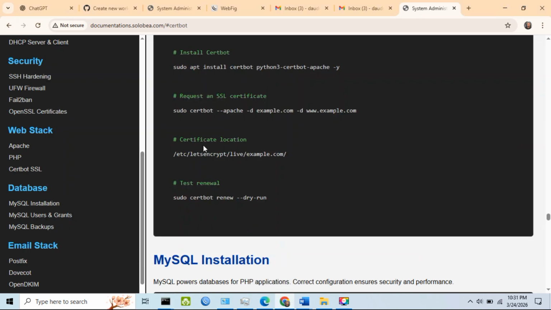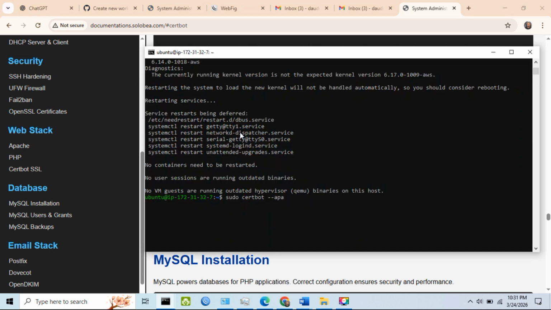The server name that you will specify here is a domain. So I say sudo certbot --apache -d, the domain is documentation dot